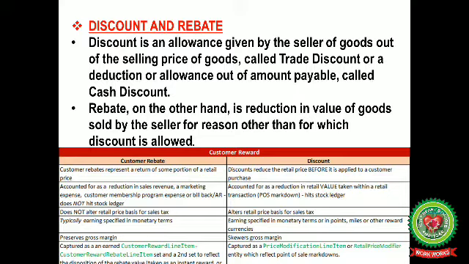Discount is accounted for as a reduction in retail value taken within a retail transaction, and it affects your stock ledger also. Customer rebate does not alter the retail price, but discount alters your retail price. Customer rebates typically mean earnings specified in monetary terms, while a discount may be specified in monetary terms, in points, in miles, or other reward currencies. So these are the basic differences between customer rebate and customer discount.